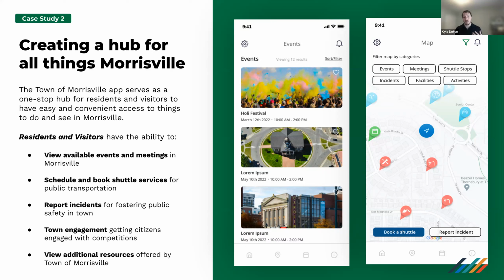So it's been a very successful marriage in that regard. And that's really what we're looking for: a partnership. We want to be an extension of the town or city or municipality, because that's what's needed in order to build the best technology.